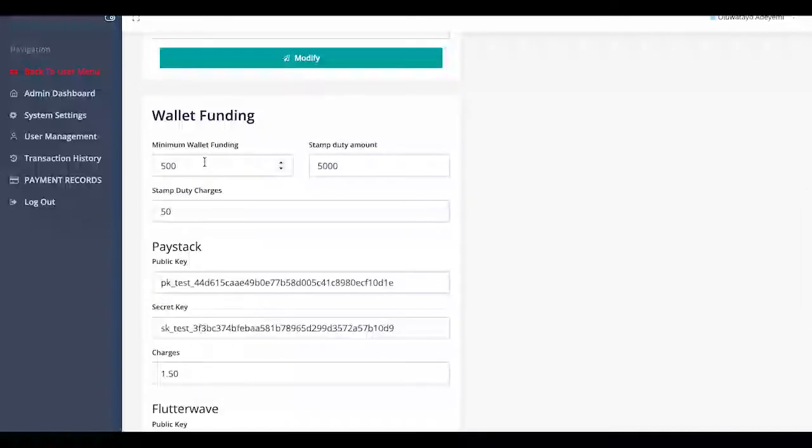Now, on wallet funding, the minimum funding wallet is something you can set on your own. The minimum funding wallet should be maybe 2,000 or 3,000 naira. Now, the stamp duty amount. The stamp duty amount is this. When a user tries to fund a wallet that is up to 5,000 naira, the stamp duty charge will